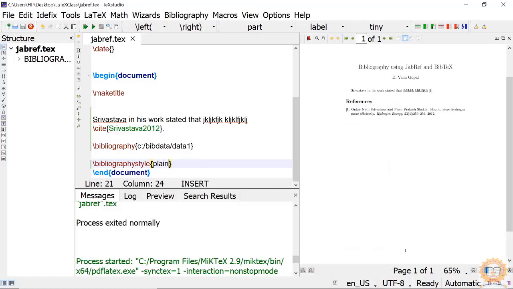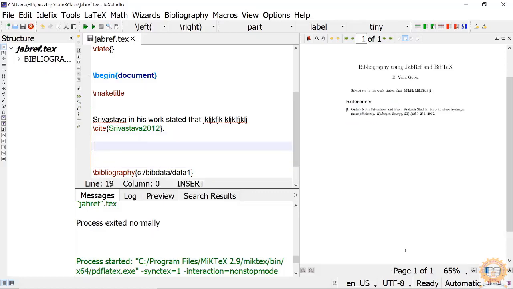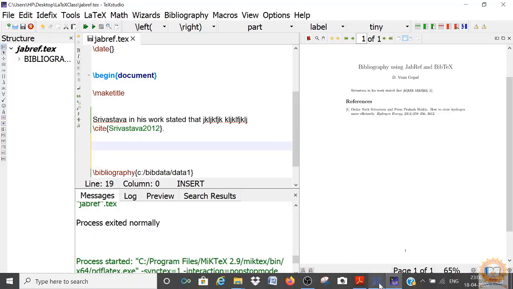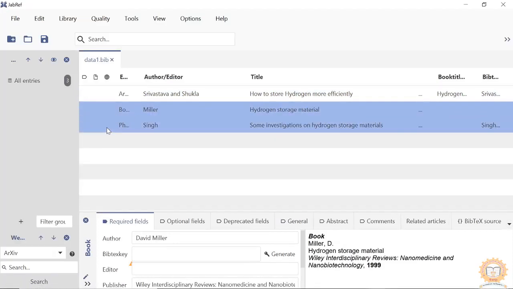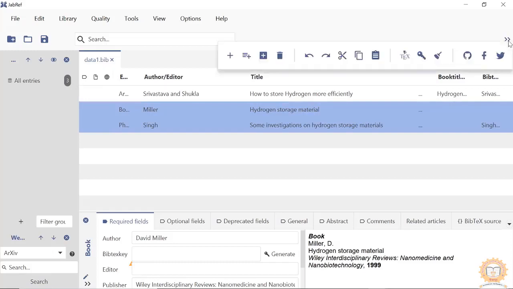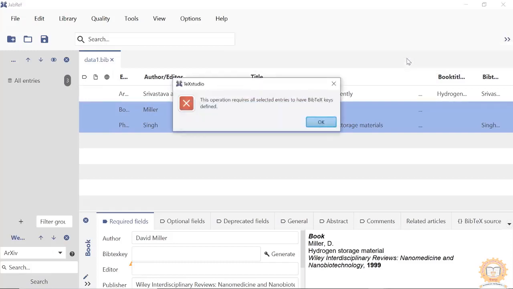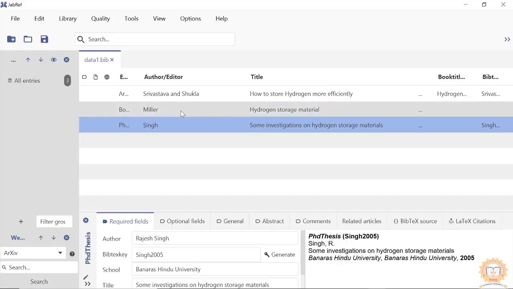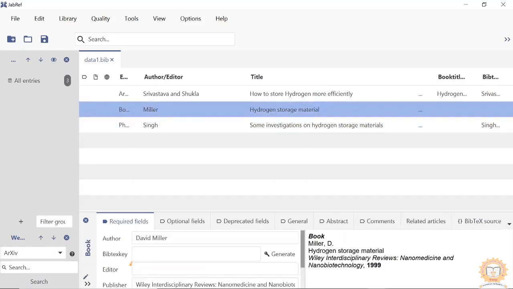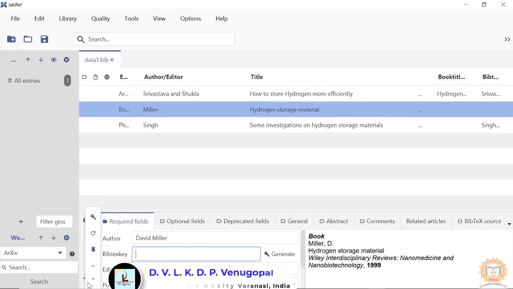Okay. Suppose I am adding another reference just like in the previous one. I will go to this. Suppose I want to select both this and click here and push to the sorry, key not generated, that is why the mistake.